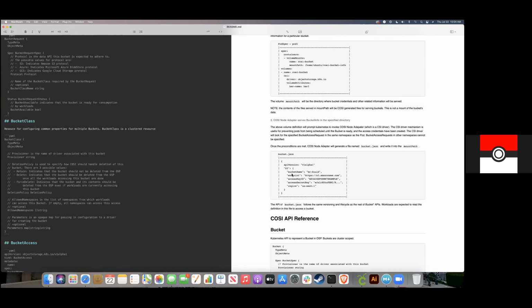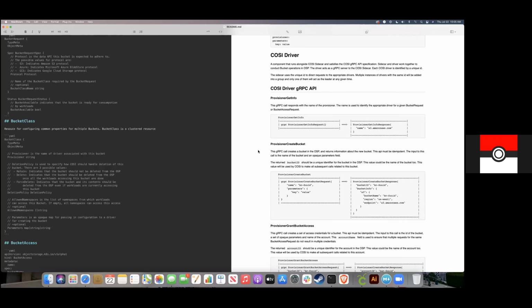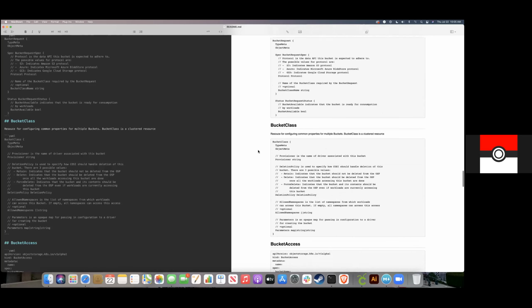I've gotten rid of them and just put what's absolutely needed here. What else? I've also finished out the driver gRPC API. I think it's ready for review at this point.